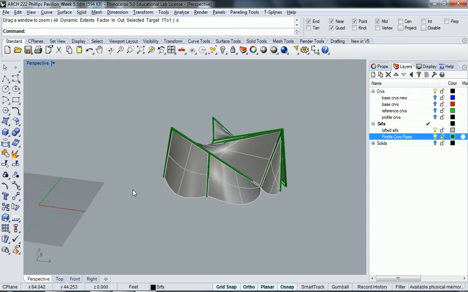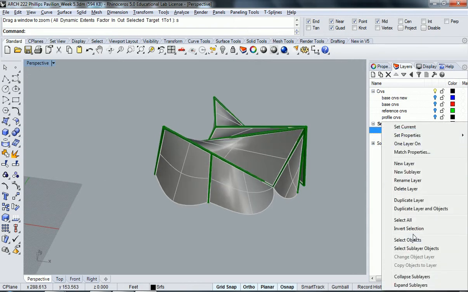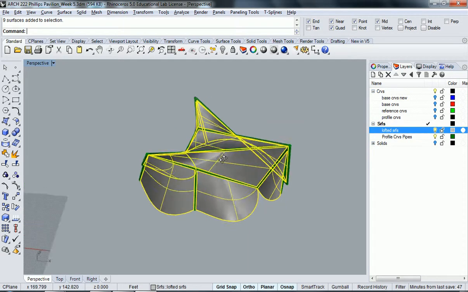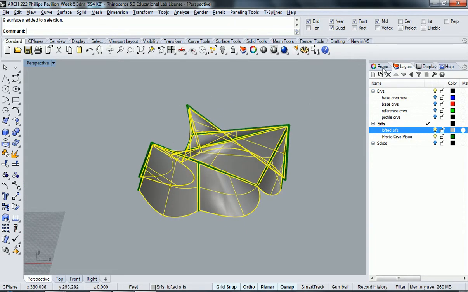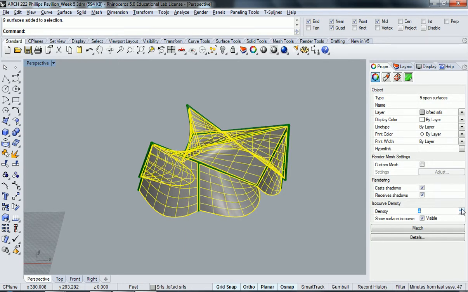Let's go through the next process here of densifying our surfaces. So I'm going to just go ahead and select all of my lofted surfaces, all 9. And I'm going to go to Properties. And I'm going to change the density down here in the ISO curve density, which we did yesterday to extract wireframes. And I'm going to bump it up to